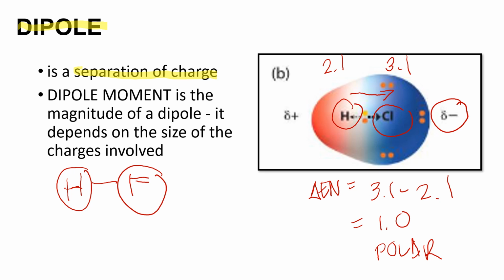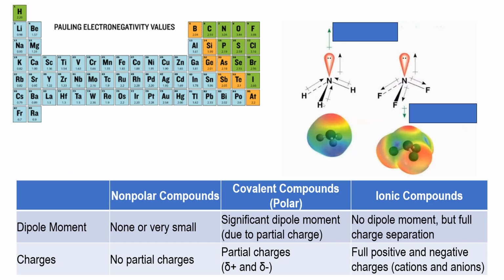Conversely, hydrogen here becomes electron poor, which makes it slightly positively charged because the shared electrons spend more time around chlorine and less time around hydrogen. Covalent bonds that have a dipole moment are called polar covalent bonds. So the ones with dipole moment are called polar covalent bonds. And the magnitude of the dipole moment and the polarity of the bond depend on the electronegativity difference.